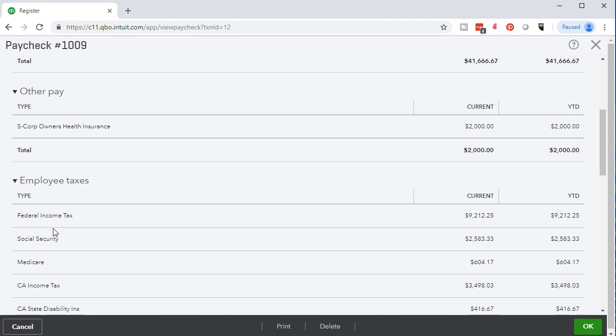But the fact that QuickBooks calculates it for us, that's one of the huge factors that we're paying for with